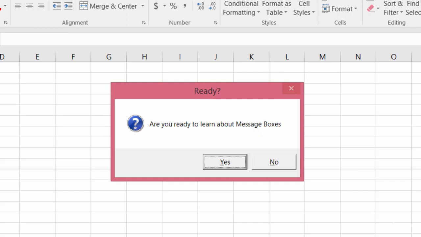It's also not a standard message box, it's a question message box, and you can see that by the blue question mark on the left of the prompt. Also, I've changed the title from the default of Microsoft Excel to Ready. Alright, so let me switch over to Visual Basic and I'll talk about the syntax and how I created this